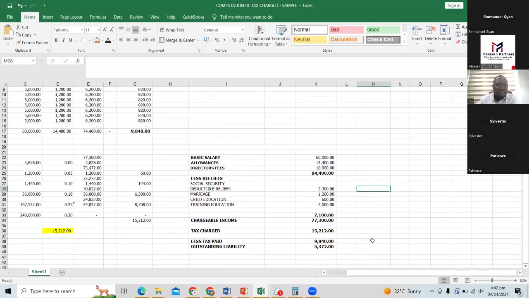With our illustration, we have a tax payment that we've already done, which sums up to 9,840 Ghana cedis as the tax paid for the whole year. So there's an outstanding tax liability of 5,372 Ghana cedis. The dynamics will change if we take off the director's fees of 10,000 cedis. The tax liability will reduce.